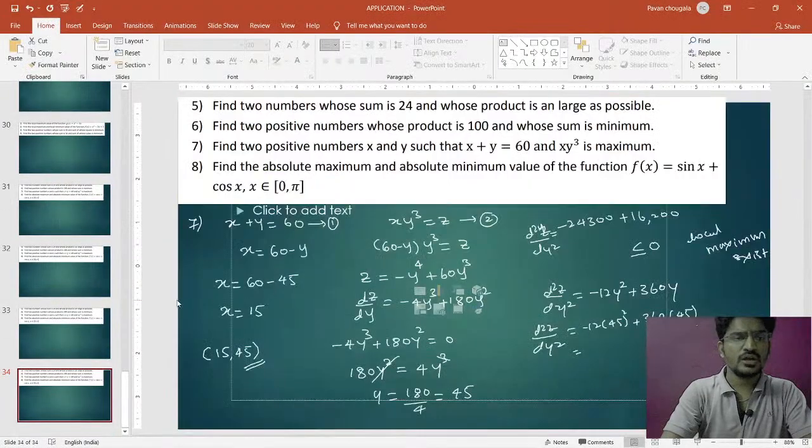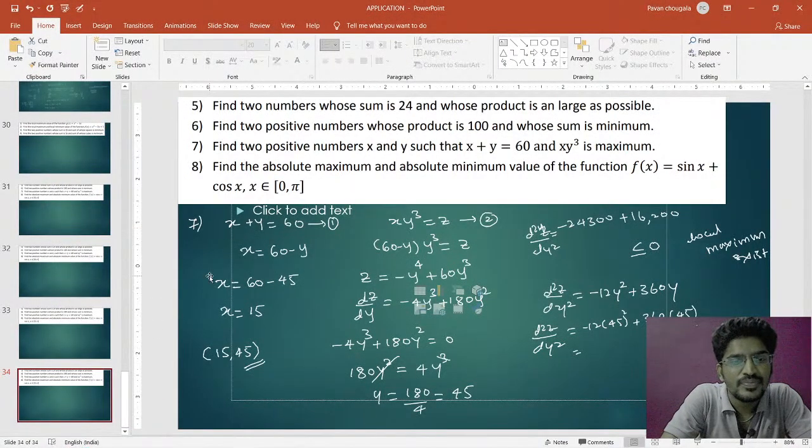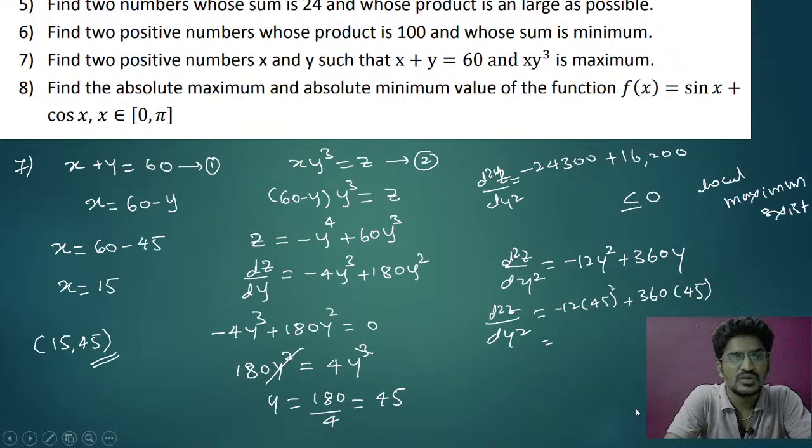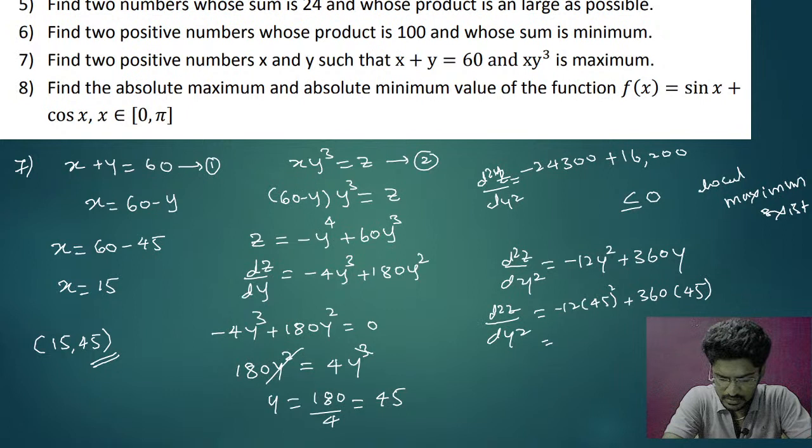You can go for the last problem, that is the 8th one. Clear? Okay,